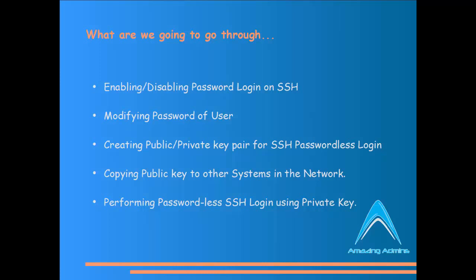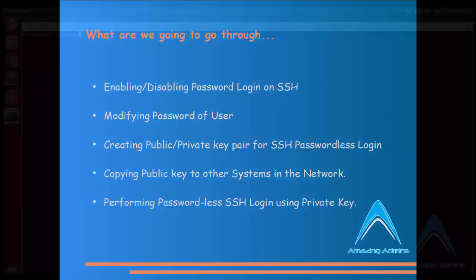What we do is that we copy the public key to all the systems in the network in which we want to perform the passwordless login, and we keep the private key with ourselves. It's only with the authentic users who want to log in into that system. Once we use the private key to log in into that system, the client computer performs a combination of these two keys, and if a match occurs, it allows us to log in into that system.